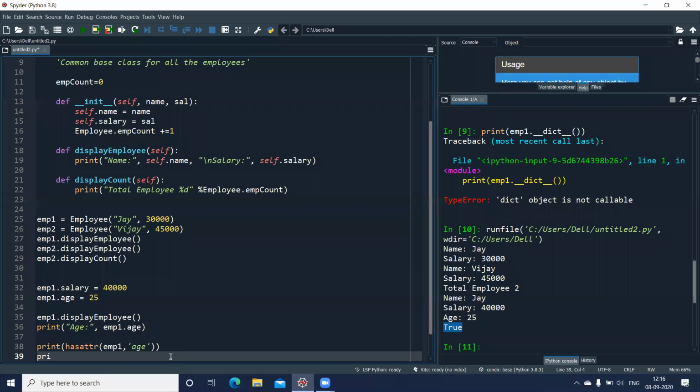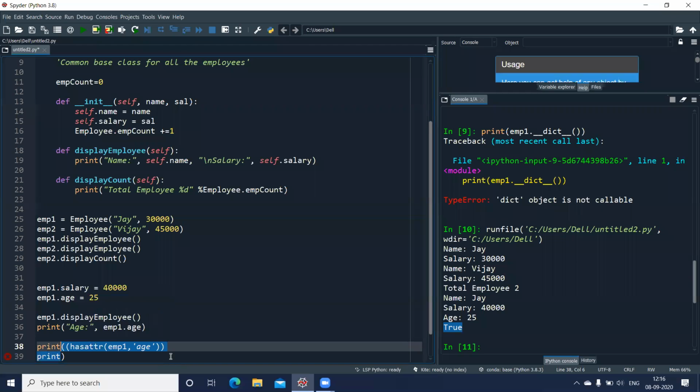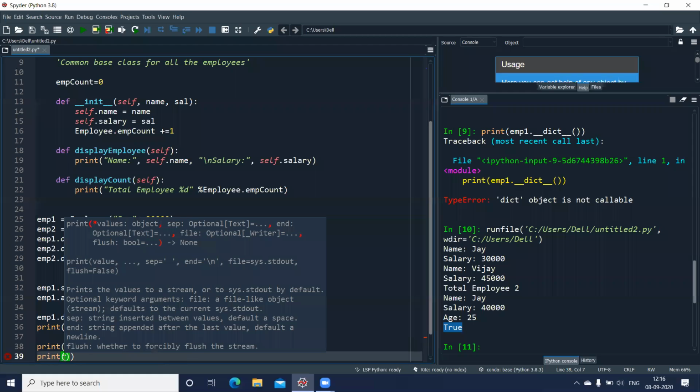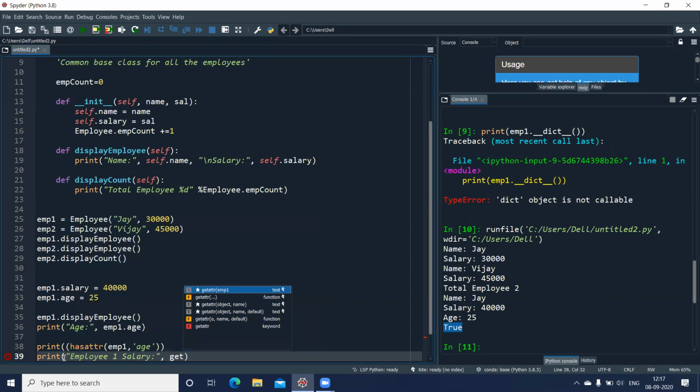So again, I can make use of the print function, and in the print function I can write employee 1 salary, put a colon. And here I'll use the function getattr.